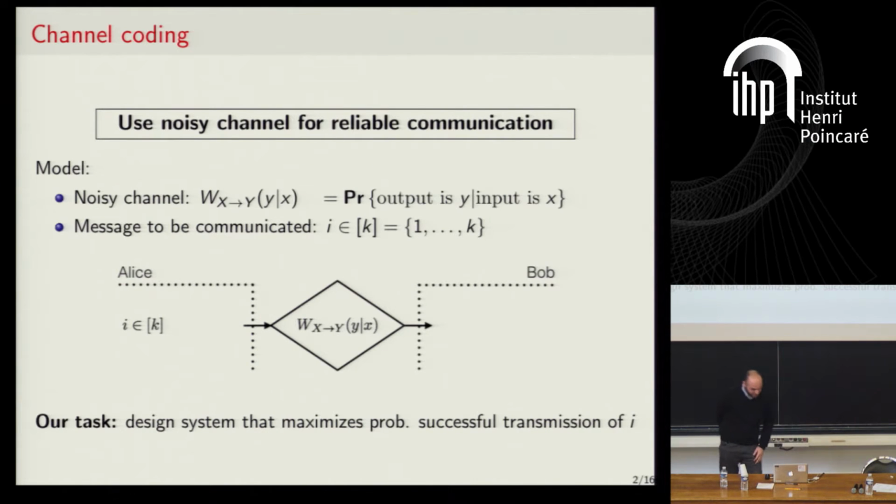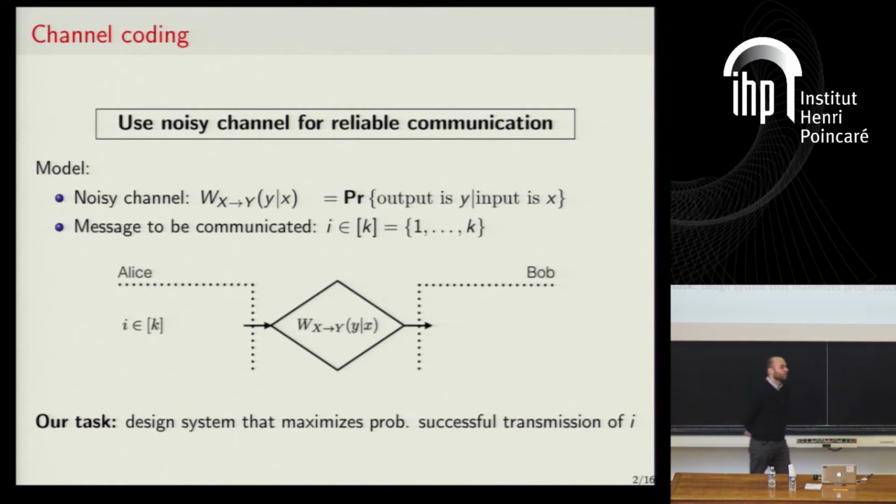Okay, so I'm going to be talking about the central problem in information theory, and this is the problem of noisy channel coding. We have a noisy channel, and we want to reliably communicate over this channel, but I look at this problem from a slightly different angle than the one we're used to from Shannon theory. I look at this from a computational complexity or algorithmic point of view.